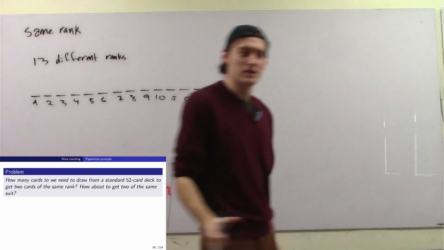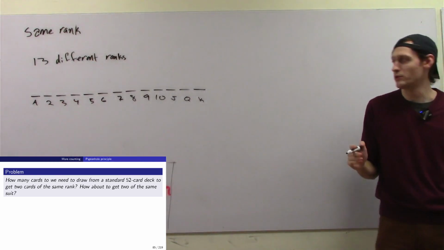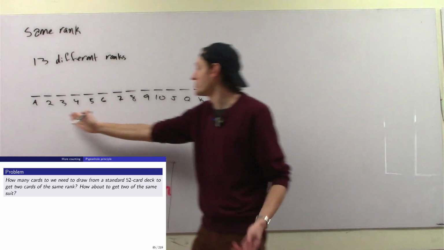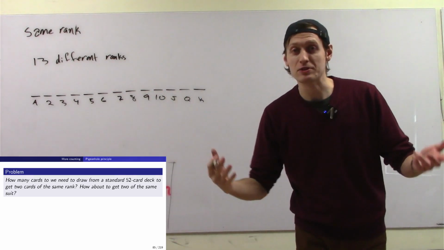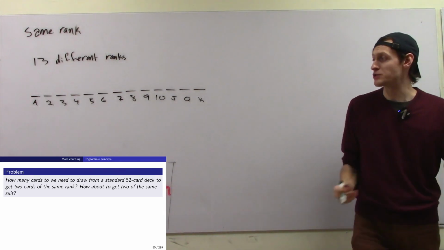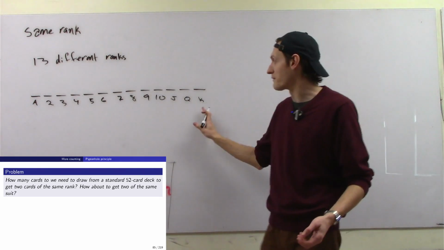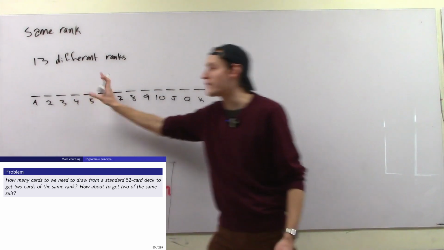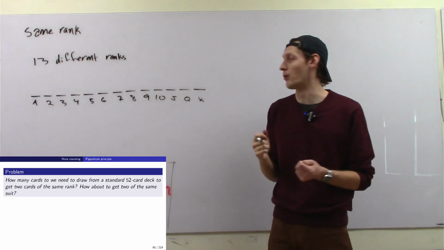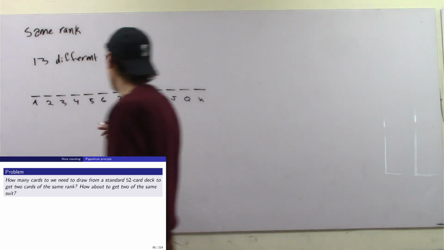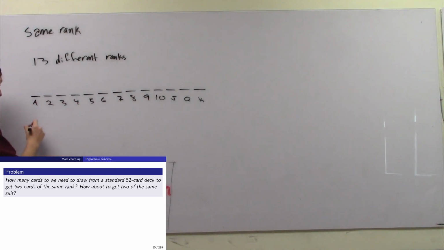So the idea with this is I'm taking my idea of the pigeonhole principle, and I'm thinking that my holes are the ranks of the cards. And here, the pigeons are going to be cards that I draw. And so the pigeonhole principle tells me, here I have 13 different ranks. It tells me if I draw one more than 13 cards, 2 of them will have to be in the same hole. So the idea is here with 13 ranks, pigeonhole principle, which I'll shorten to be PHP,